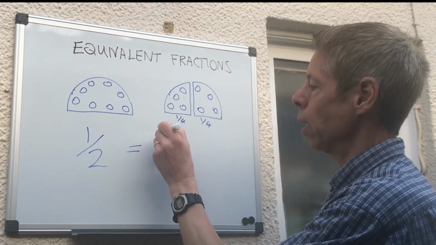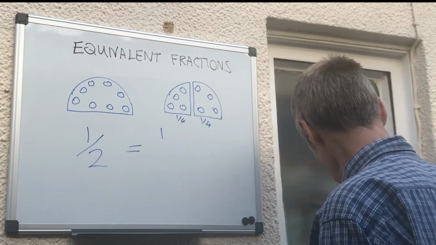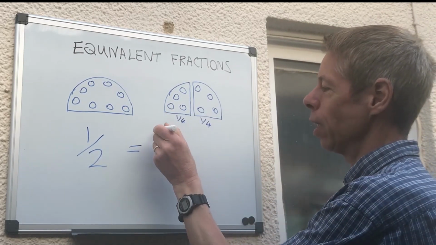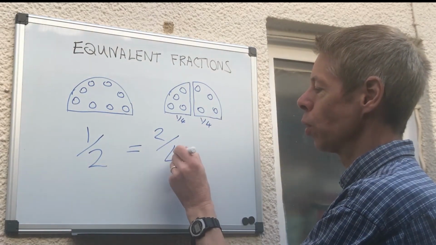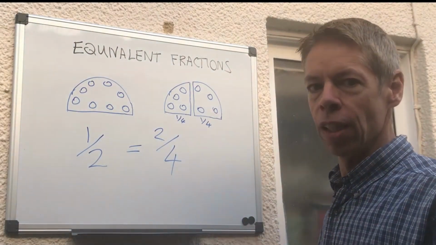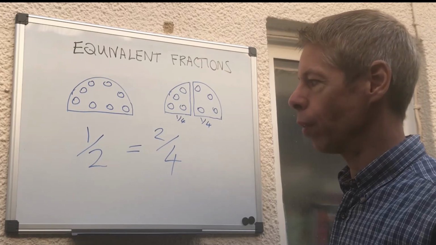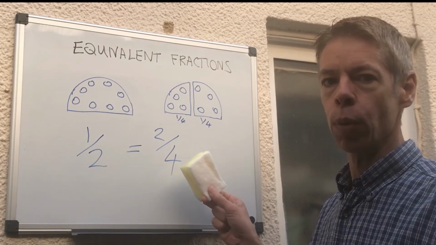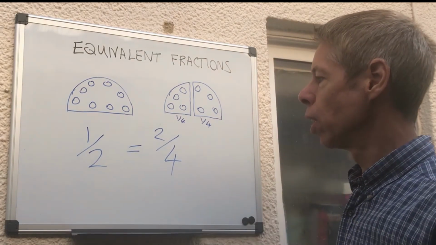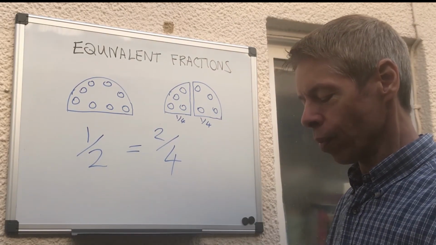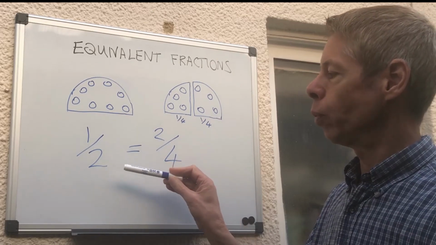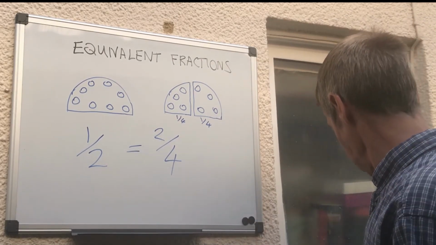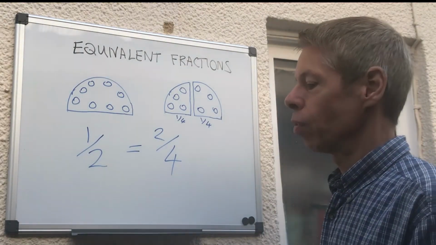So half a pizza equals, no, it doesn't equal 1/4. Half a pizza equals 2/4 of a pizza. So that's the basis of equivalent fractions. So 1/2 equals 2/4. So what if you were asked, we've got a fraction, we want to change, right, do you remember from your previous video,